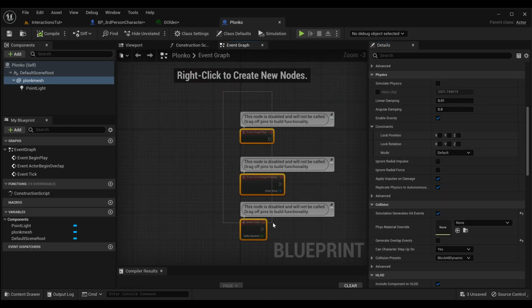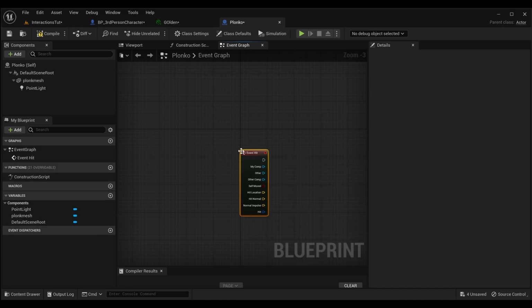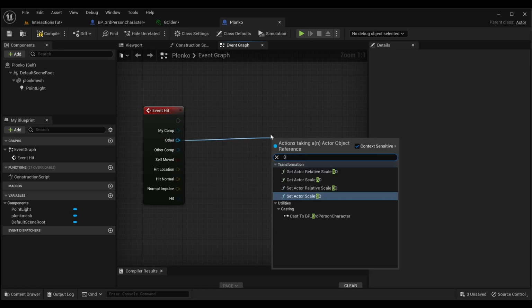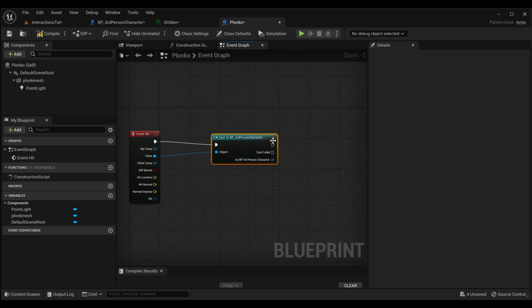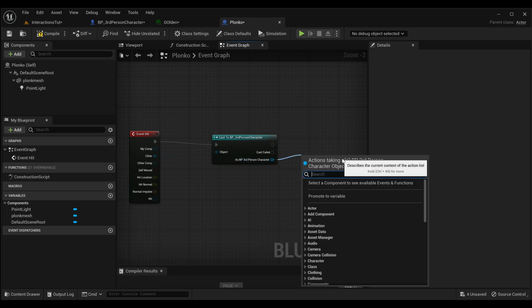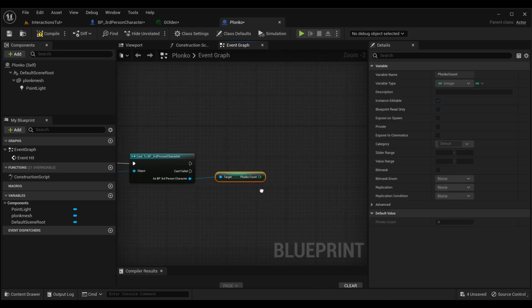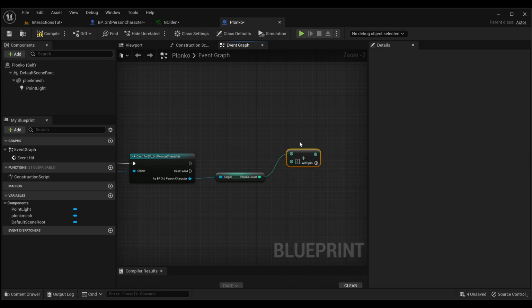And we'll come over to our graph and just wipe it. And we'll start by calling a hit event. So we'll search event hit. And here we're going to cast to our third person controller. And then similar to what we've done in the past, we're going to add a number here. So as our third person controller, we're going to get the Plonko count. With that Plonko count, we're going to add, and I just input the plus symbol here. We'll add 1,